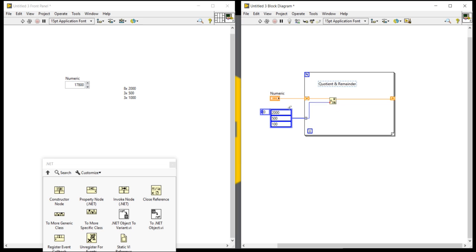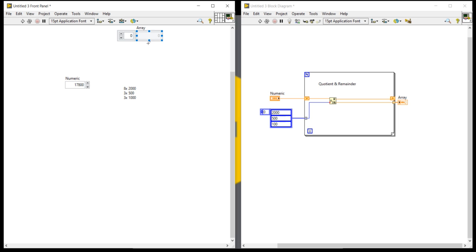So the first time when we divide 17,800 rupees by 2000, the quotient will generate a value of 8. The second time it will generate 3, and the third time 3. So now I am going to display the result first. But I want to display it like this. So how can I display?